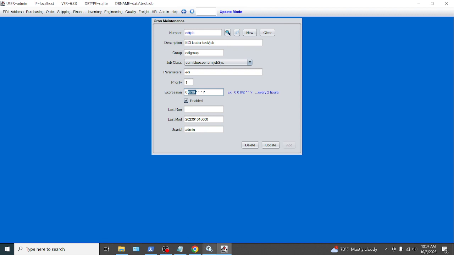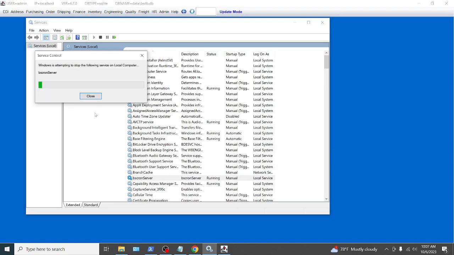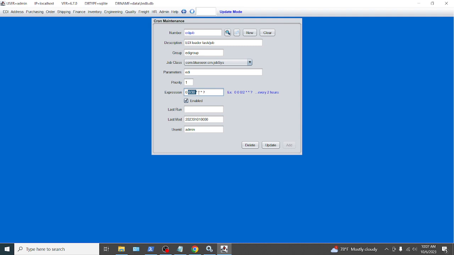If you turn off that Windows service, if we stop it now, which we're going to do, regardless of whether this is enabled or not, these jobs are not going to run anymore. So as long as you've got the background service running, any jobs that you have set up in the cron maintenance will run as long as they're enabled. I do have other tutorials on how to create this cron maintenance and how to put in various cron expressions. There are a lot of websites that will define what these expressions are. This here is every 30 minutes. This example here is every 2 hours. And there are other configurations you can do for the expression to get whatever timing frequency you want. But this tutorial primarily was to show you how to create that Windows service